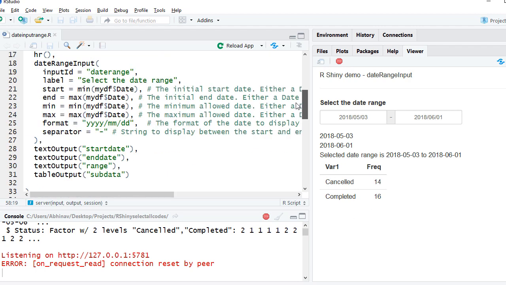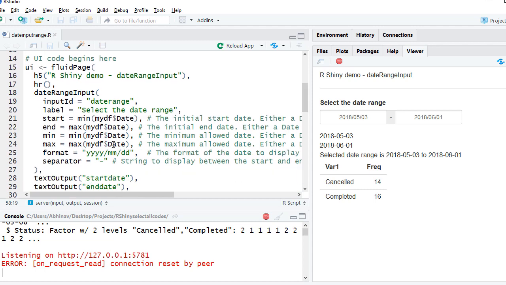Now one thing I would like to show is, instead of hyphen, if I want the separator as 2,